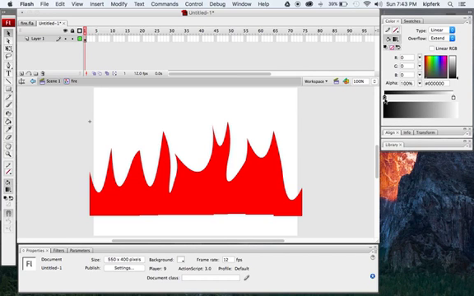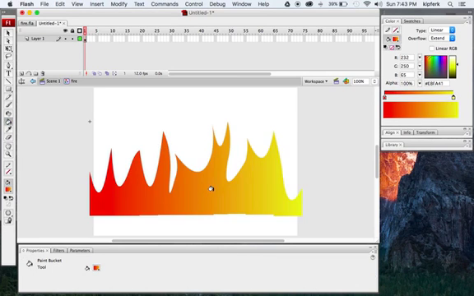So what we'll do is at one end, we'll make our color a red. And then at the other end, we'll go for this side. There we go. That's a pretty good red. And at the other side, we'll go with a yellow. So let's get this red to yellow gradient going here, and I'll take my fill bucket and go ahead and fill that in. Then I'll take my gradient transforming tool,